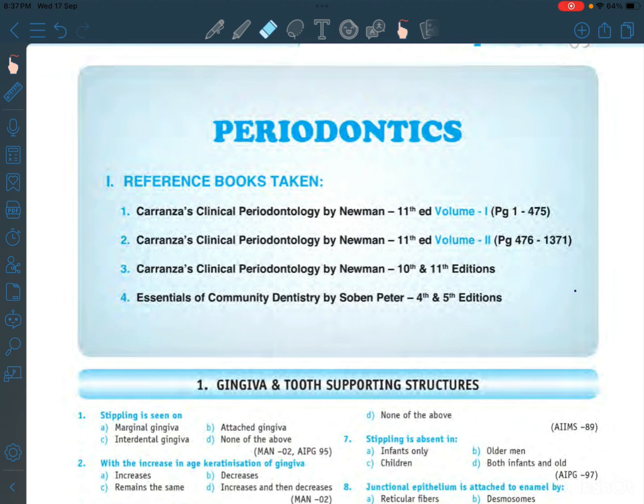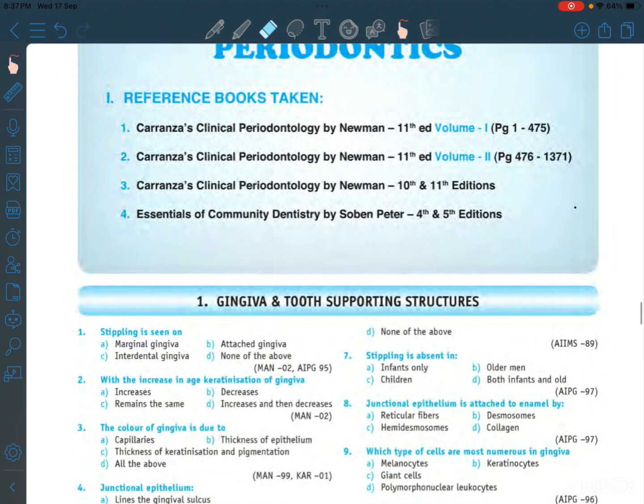Whether it's from periodontics, oral path, prostho, or any other subject, I'll try to simplify the topic and connect it to other highlight points that give you an edge over the others in your preparation. So the idea is simple here: one MCQ, one concept, one step closer to your NEET MDS seat. So let's dive into today's question and crack it together.